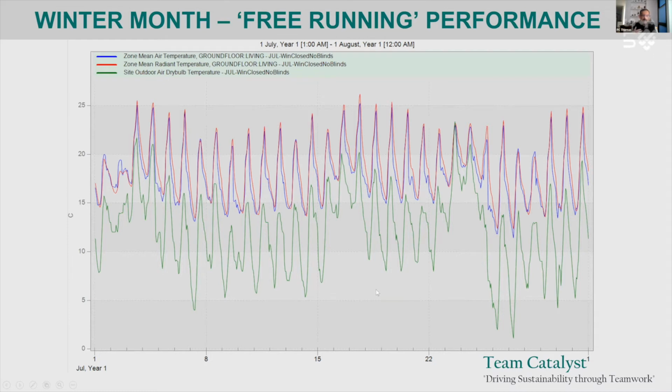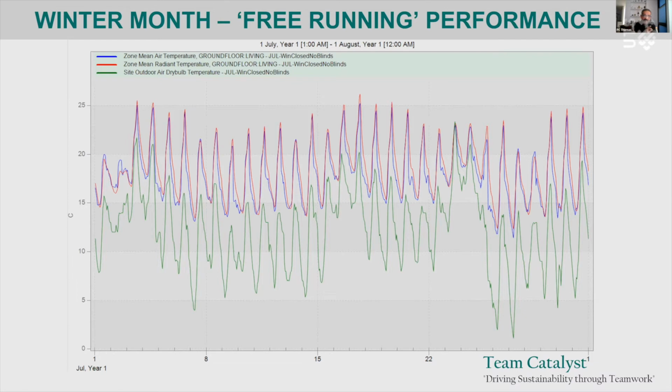And the takeaway message for me from this analysis is 2 things. One, the red line and the blue line are not too far apart, and that's the air temperature and the radiant temperature. So what the thermometer measures is air temperature. What I feel is radiant temperature.